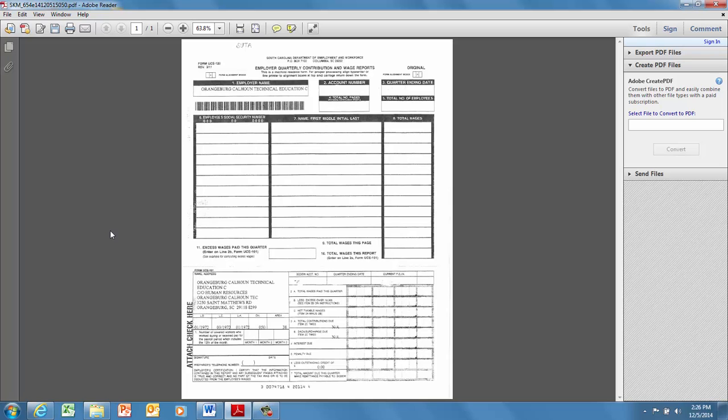I do have some of these, which they made for me. Notice that it says Orangeburg Calhoun Technical Education. So for education purposes, they are allowing me to utilize this form. But you obviously can't use it for any kind of employer, and like I say, you cannot get online and just download this form anywhere. I just use this so that I can show you what the form looks like,